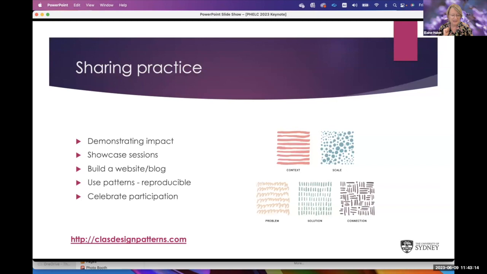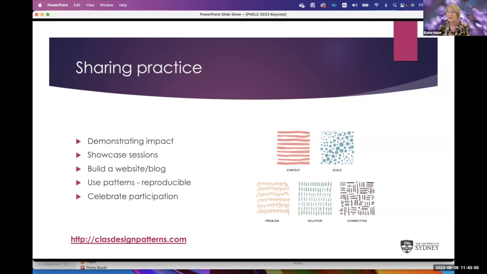And I know I'm coming to the end, but just 2 more slides. I think it's really important to share these practices. I'll put this in the chat in a moment, but we have this wonderful site where we've developed design patterns. So we've looked at all of these changes across all of the units that we've worked with, and then we've tried to present them in a template format so that you could apply this to different contexts. We've given examples of how these patterns play out across different disciplines within the business school, for example. But I think it's really important to celebrate the participation of being involved in a co-design project.